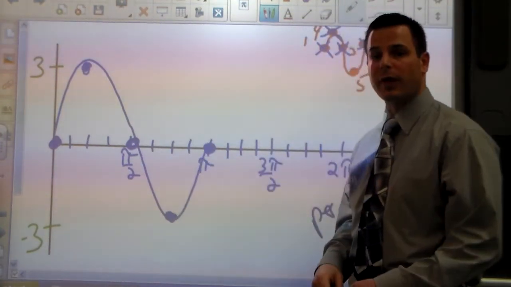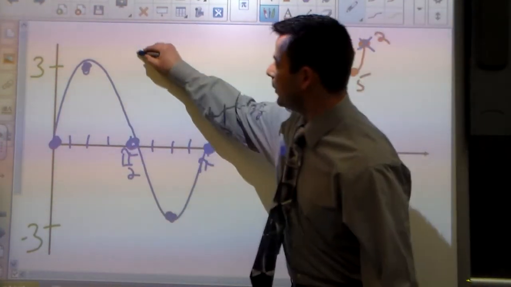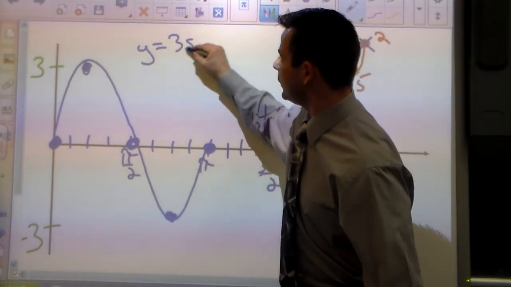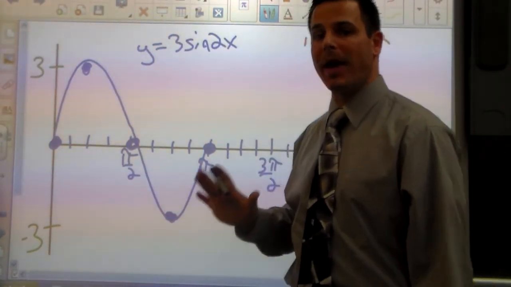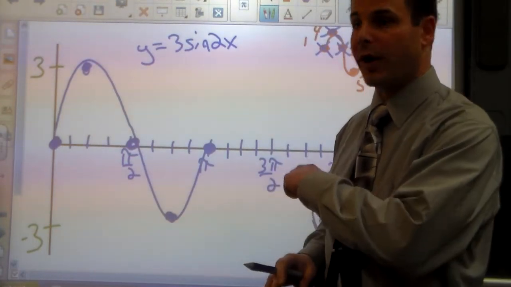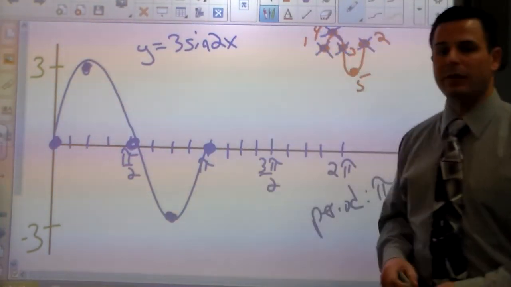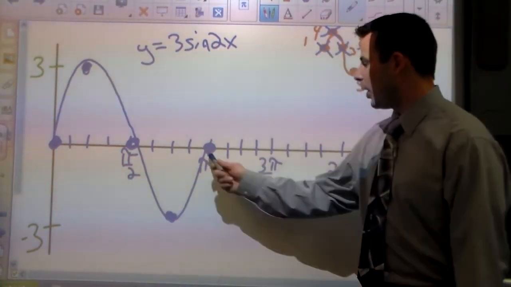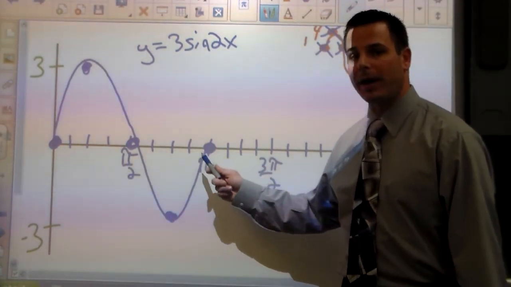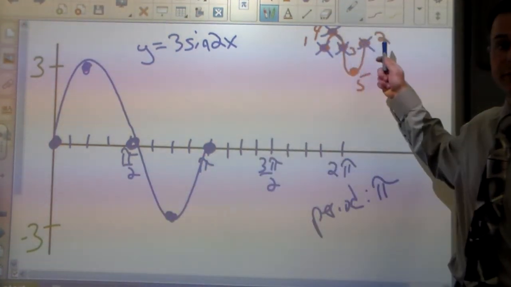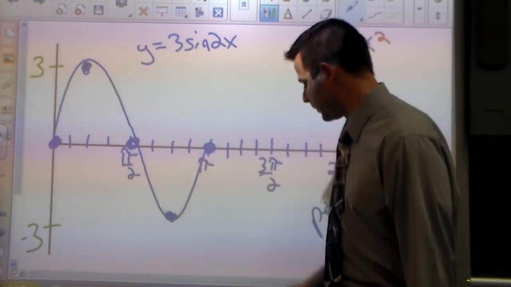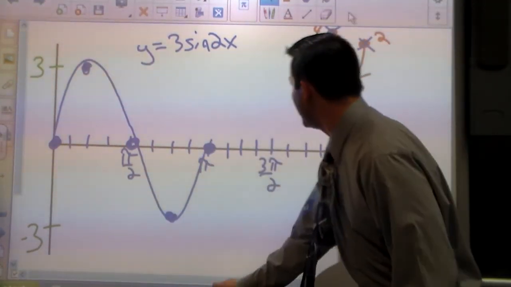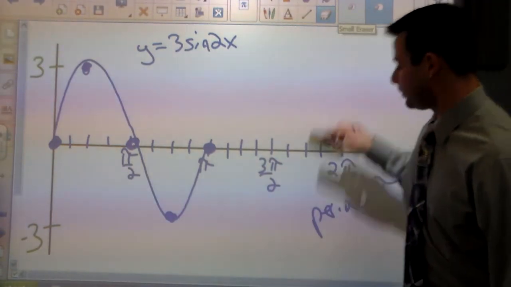We still have one more cycle to plot, because in fact, this is y equals 3 sine 2x. And that number in front of x will tell you how many cycles you will see when you're done graphing. So we should see 2 cycles, we need 1 more. Well, we already plotted one ordered pair. The last ordered pair of your trig function, whether it's sine or cosine, will become the first ordered pair of your next. So if we want to replot another sine cycle,